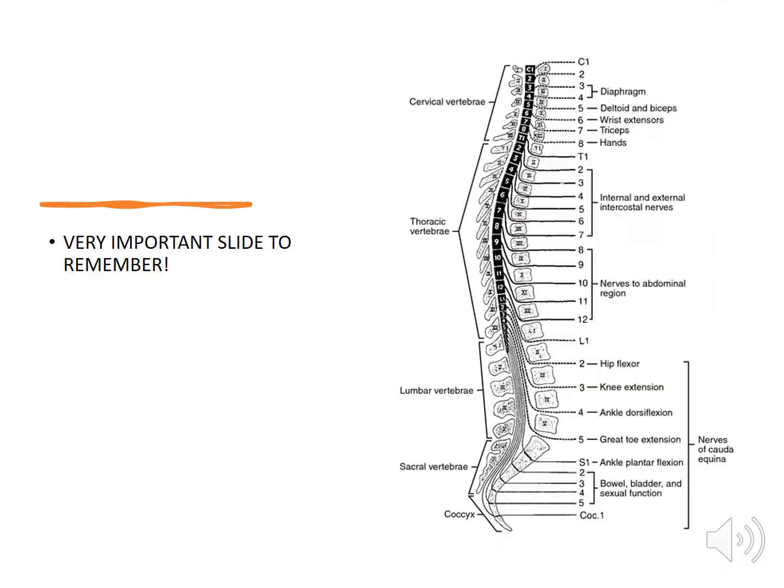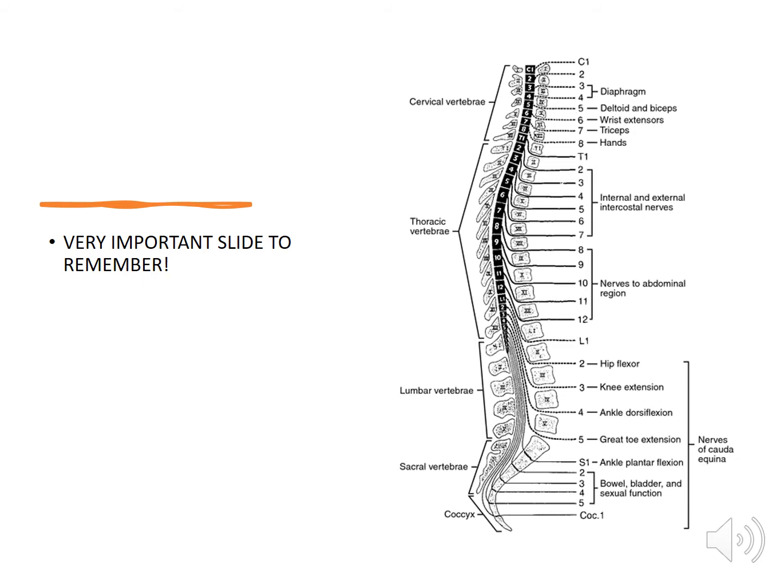Alright guys, so as it says there on the slide, this is a very important slide. You must know this. No going around it. You have to make sure that you know the innervation points that are listed on the slide, because knowing these and knowing what level our patient's spinal cord injury is at gives us an idea of what the patient has available for us to work with.